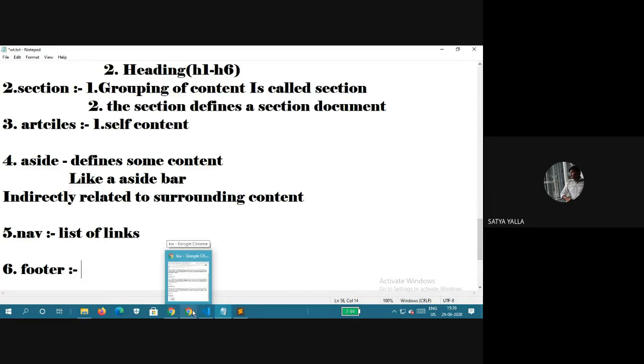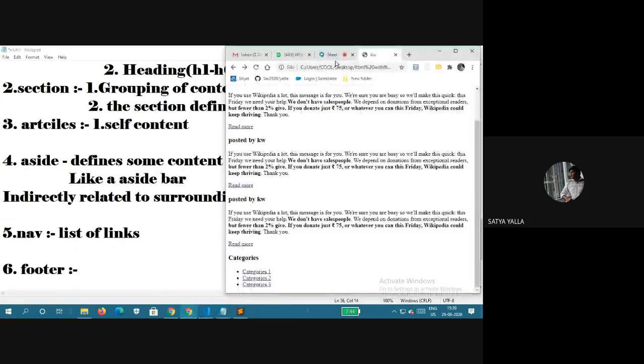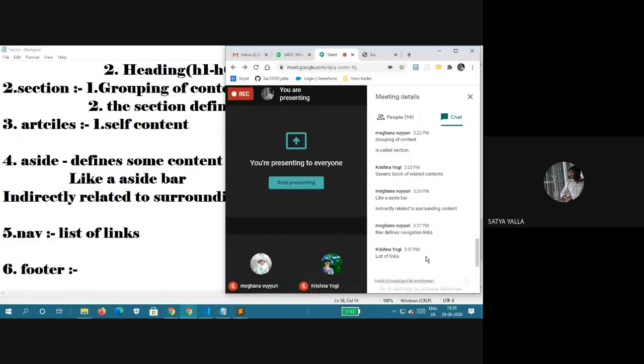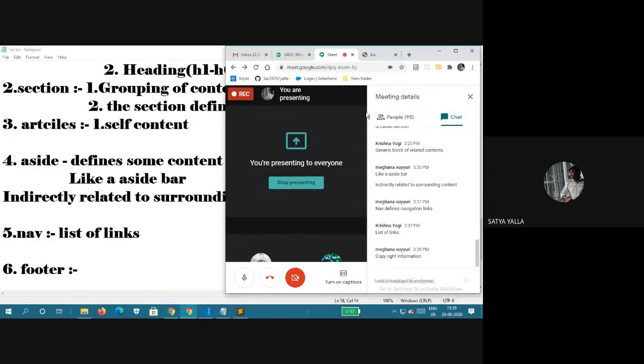What is the meaning of a footer, guys? Yes, copyright information, that's right.